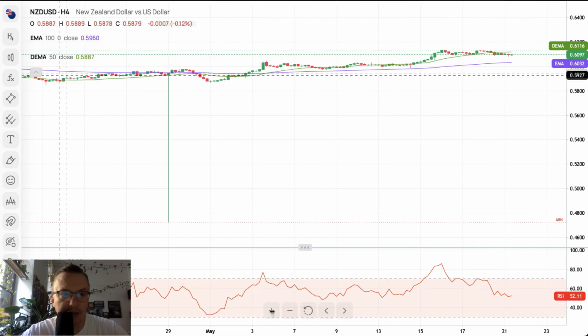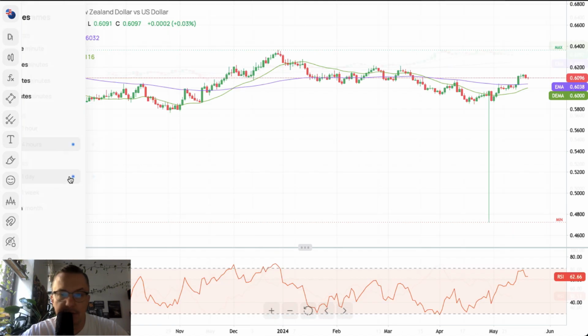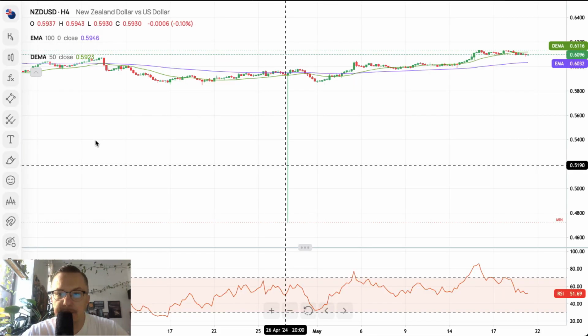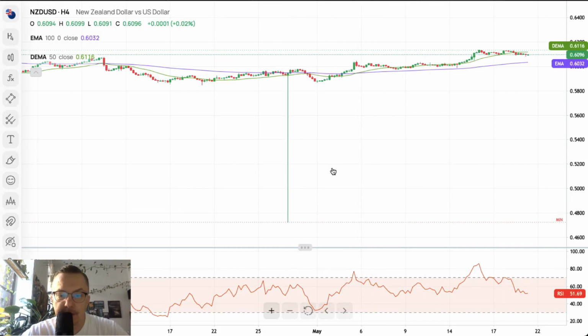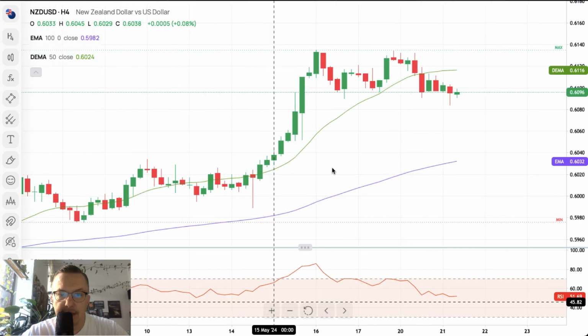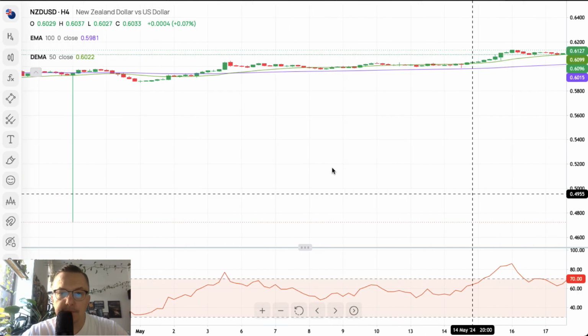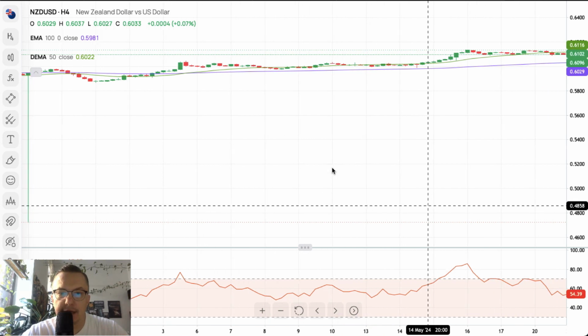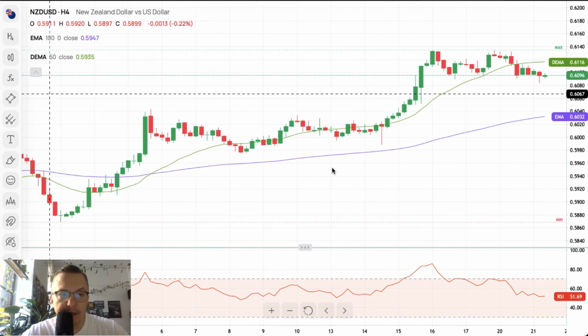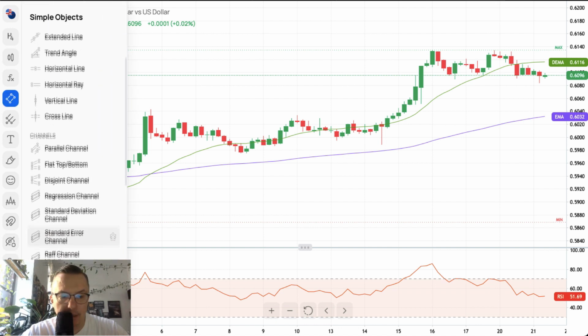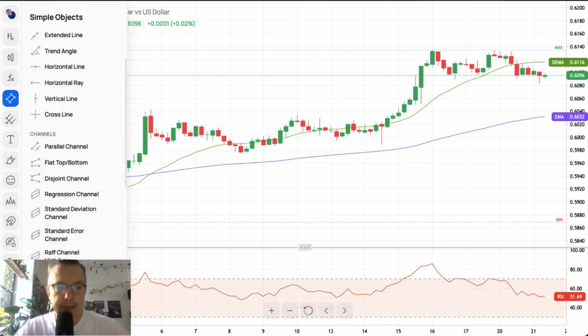So this is a 4-hour chart. Let me just switch to daily, but maybe the view will be better. No, it won't. Let's go back to the 4-hour chart. Okay, let's just move here, and now it looks much more comfortable to watch. So that's the switch. There you go. And what's going on here is quite similar to what we have on the Aussie, because if we got this, well,